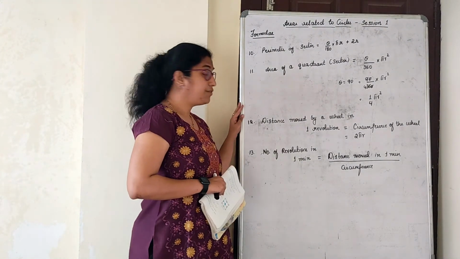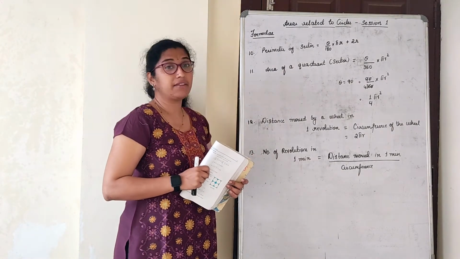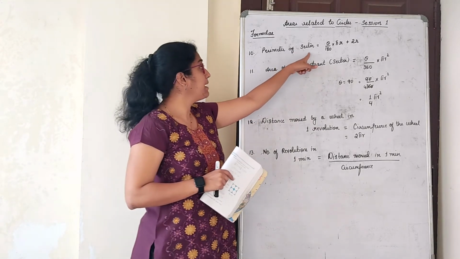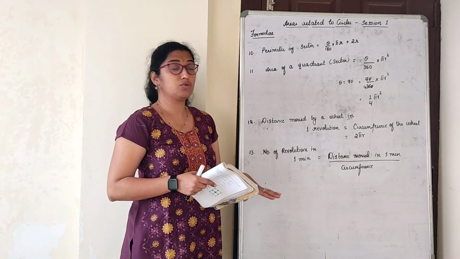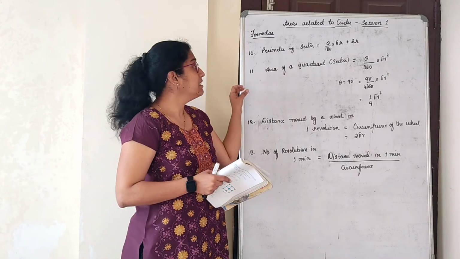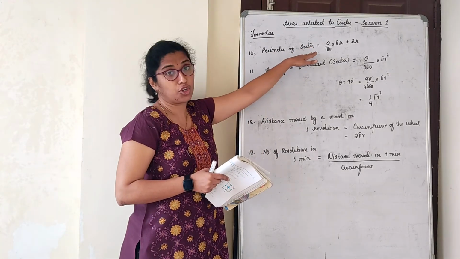So these are the remaining few formulas. Perimeter of a sector. Now, perimeter we had not done, only areas was done. Perimeter in terms of units. Perimeter of a sector is given by theta by 180 into pi r plus 2r. Again, what is theta? Theta is nothing but the angle subtended by the r with respect to the corresponding sector you are talking about.